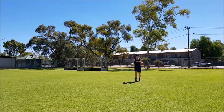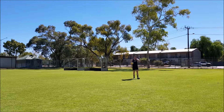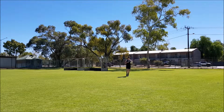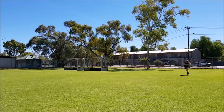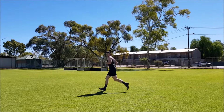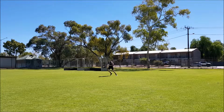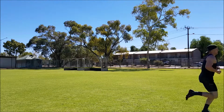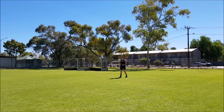So here's an example. Don't hate me if I mess it up. We're only human, but I'll try and get the whole pass in it. So that's right, and that's left. So pretty much the same for the end over end,